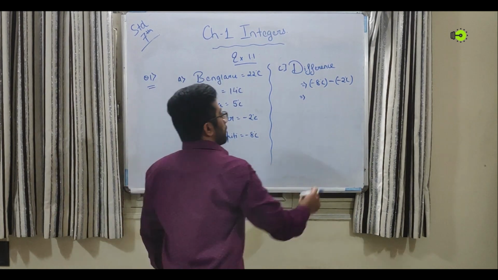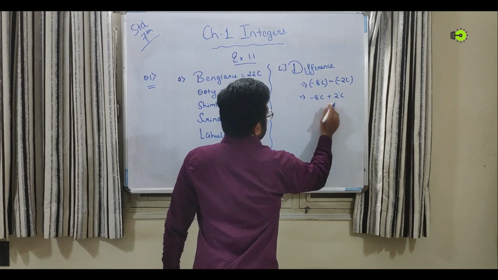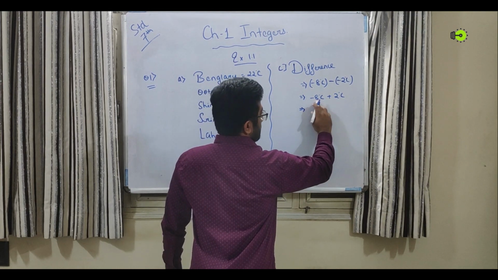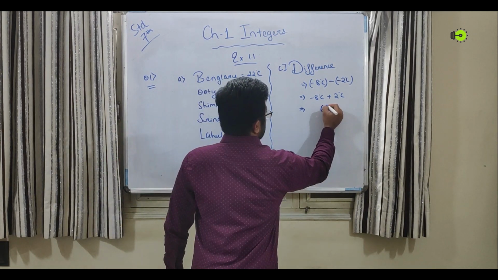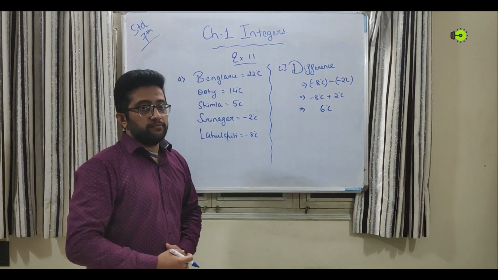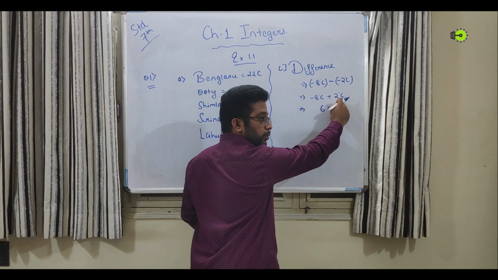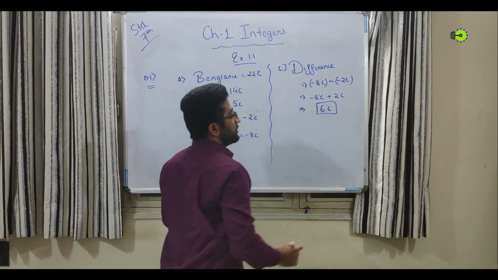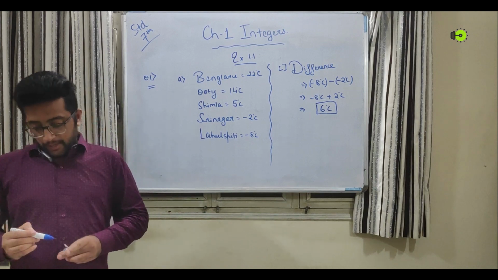First of all, we solve this bracket, that is minus minus plus, and then plus minus minus, we have to subtract. So from 8 you have to subtract 2, that is 6 degrees Celsius, and we have to put the sign of the greater number. From these 2 numbers, the greater number is 8 and the sign here is negative. So answer will be negative 6 degrees Celsius. Clear? Note it down.